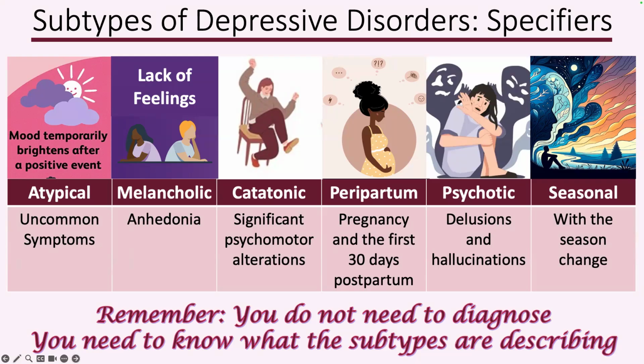Seasonal depression. You may also see that called SAD, seasonal affective disorder. So with the changes in seasons, people tend to become depressed. What seasons do you think people are more depressed? Winter. Why? It's dark. You get up and it's dark. When you go to work, you get home from work and it's dark. I hate working day shift in the winter.